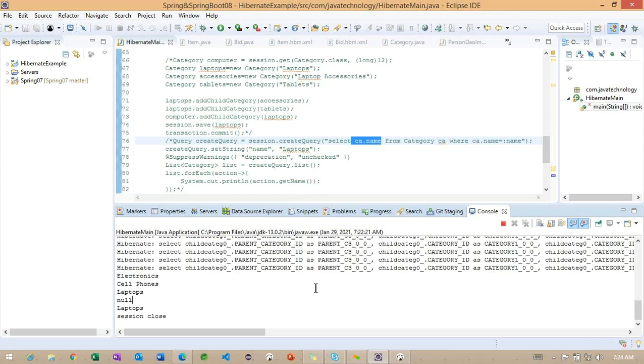Most of the time we use criteria to load all the records, but along with criteria, if we want to load some specific related objects, we make some condition here. Getting the point? So these are about fetching the data from the database using our session object. Any questions regarding this?